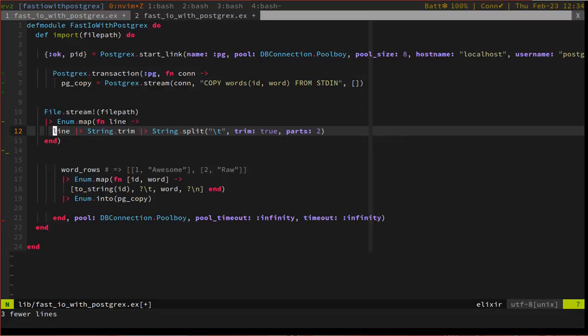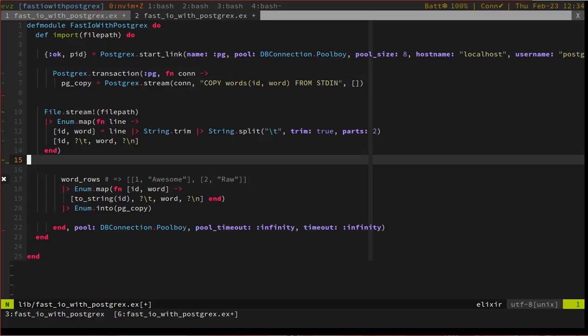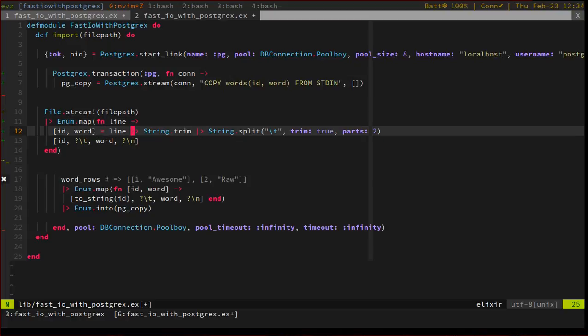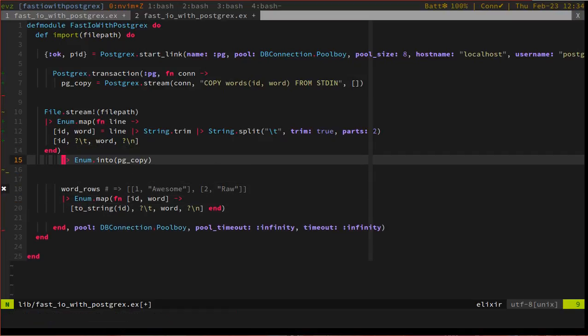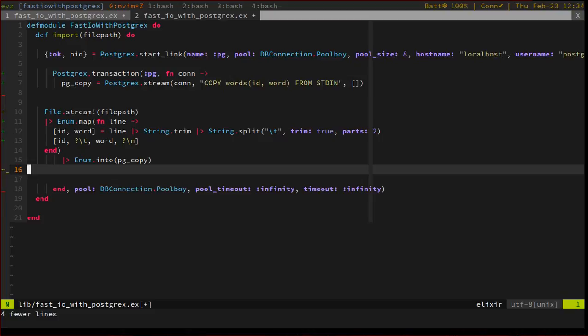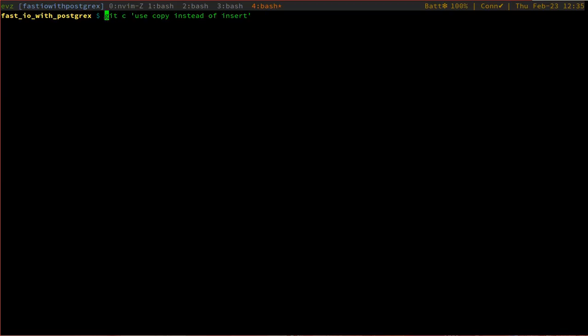So I'm just going to get this guy, and so we have ID string and word, and I want to say ID tab word new line. Okay, we got that, and so this is our enumerable, and all we need to do is stream that into our PG copy, right? So all of this looks good, and now if we run this,